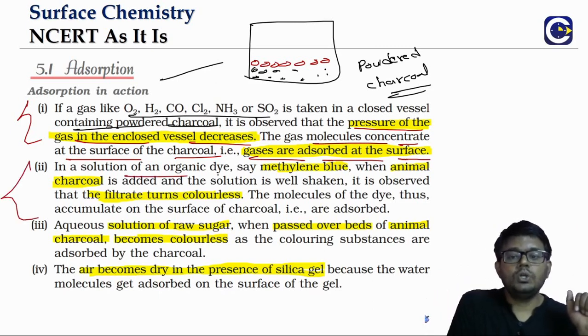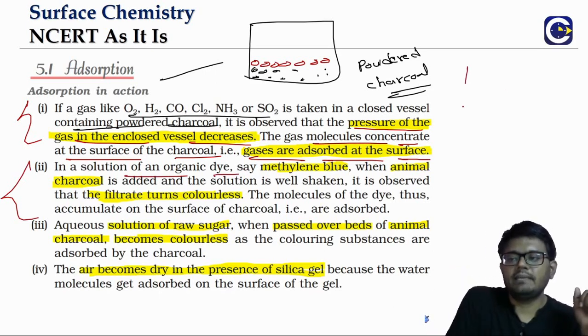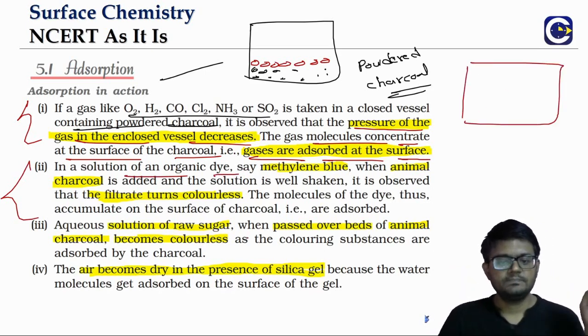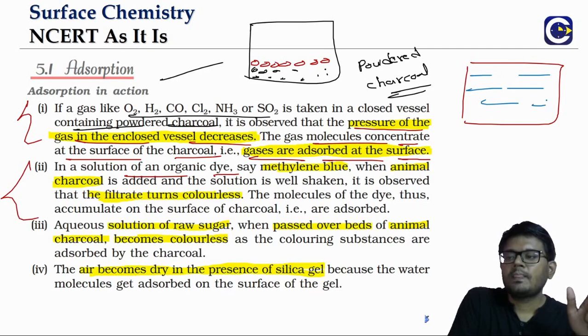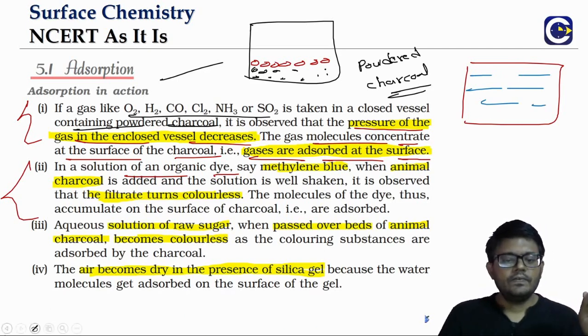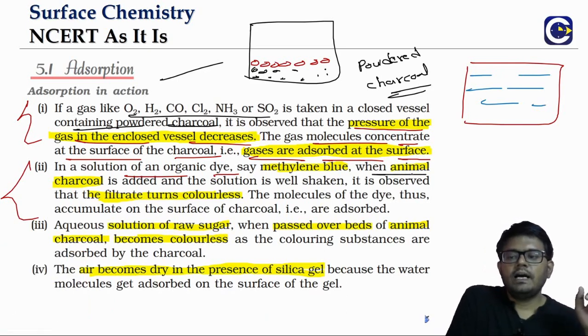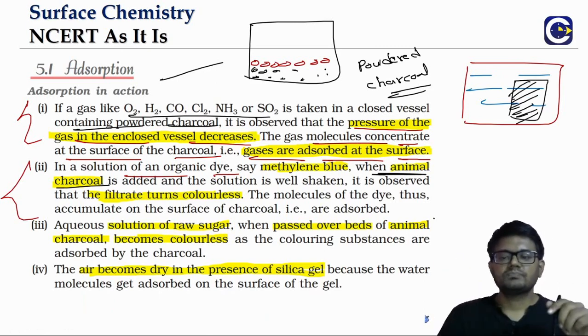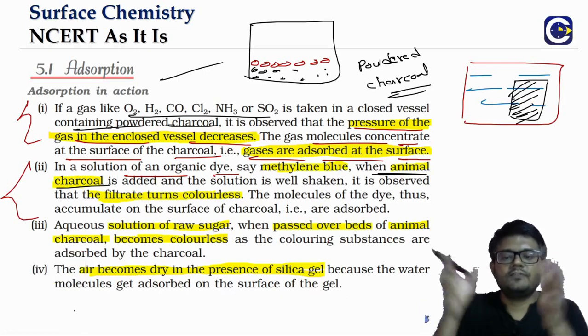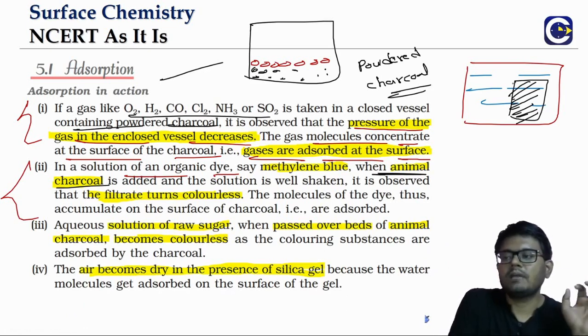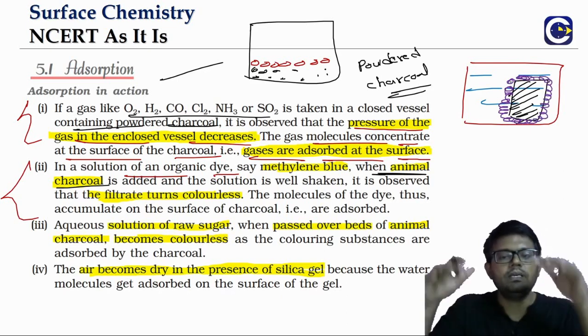In the same way, if you take a solution of organic dye, generally organic dyes impart characteristic colors, the pigments, right, they have the colors. So if you take the solution of the organic dye and we add some animal charcoal to it and shake it up, then what we'll see is if we shake it properly, the solution or the filtrate will simply become colorless. Why? What happens here is that all these organic dye molecules will be coming and concentrating